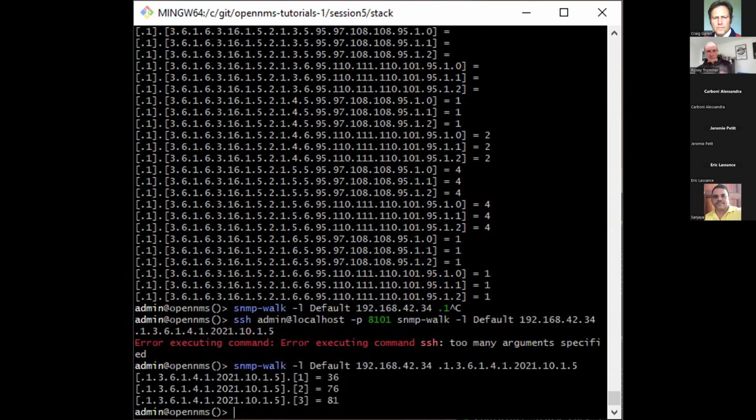The problem is MIBs are usually so huge and there are so many things in there, and sometimes even the device doesn't support all the metrics. So if you just go out and import every MIB you find and every metric you find, you will hammer the SNMP agent with a lot of stuff because there are thousands of metrics in there.